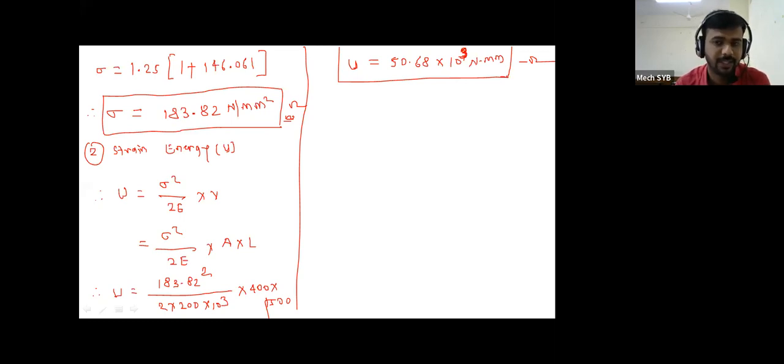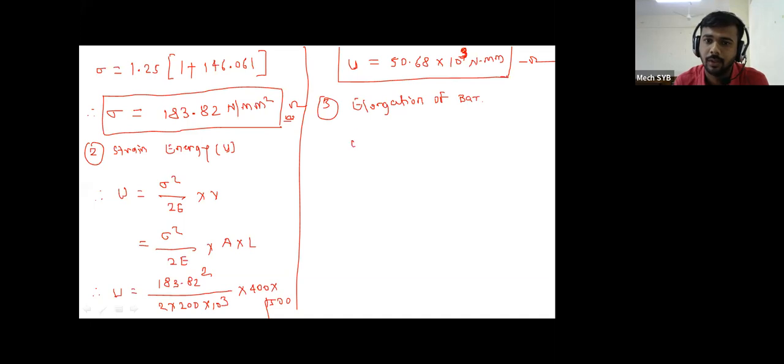50.67 or 50.68. Both answers are correct. Into 10 raised to 3 Newton mm. And now third, elongation. Elongation of